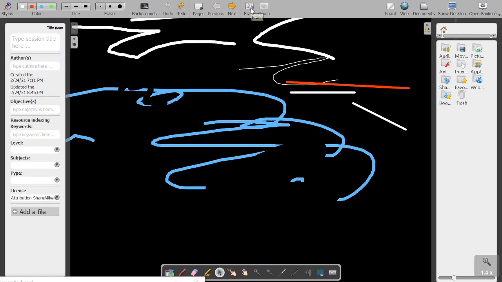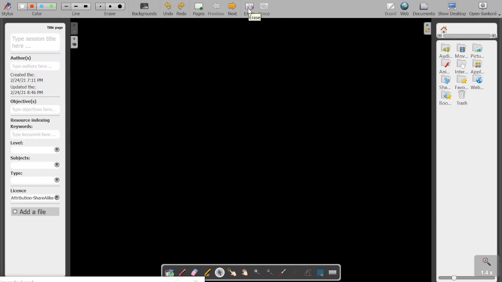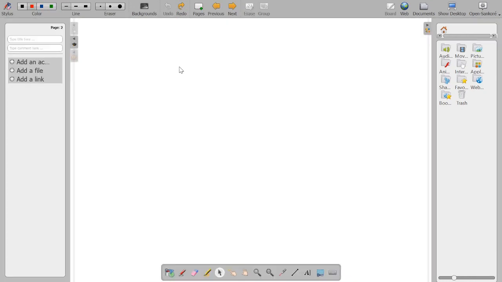Then we have this eraser option to clear the contents of the page. See, the page does not get deleted, but only its content gets deleted. So next option we have is for groups. See, this software Sandcore has introduced the concept of objects for all items added to pages, and more specifically for the annotations. So this has made it possible to add other novelties like grouping, ungrouping, and rotation.